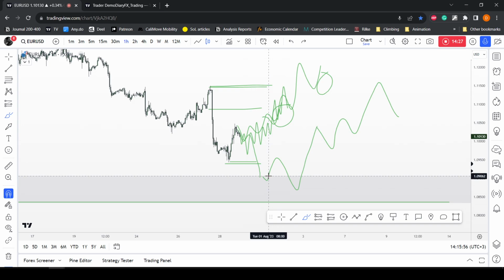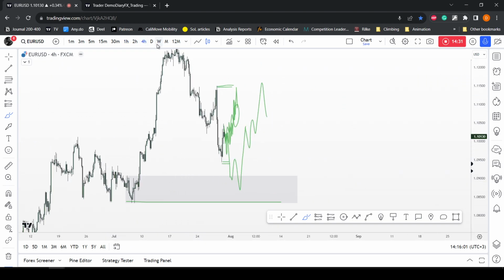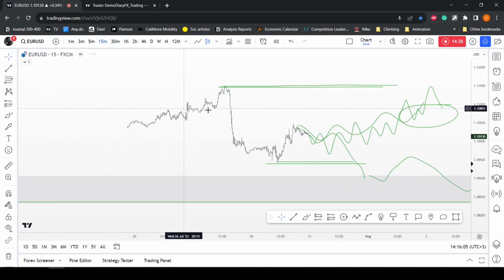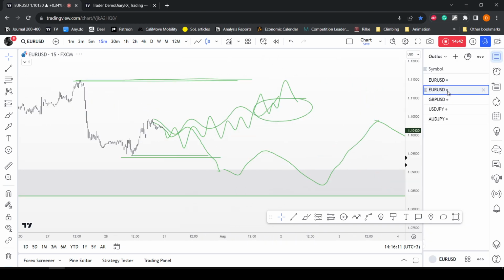But I would not recommend doing it, because we have underlying bullishness from 4 hours, from daily, and so on and so on. So this market is pretty bullish. So again, not including shorts into this outlook. And now let's quickly look at